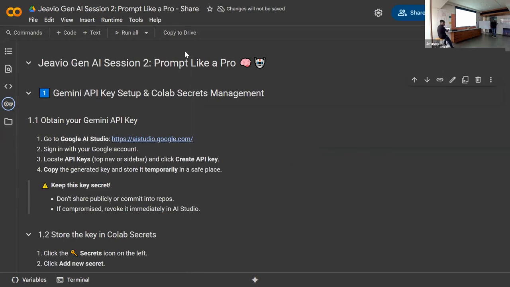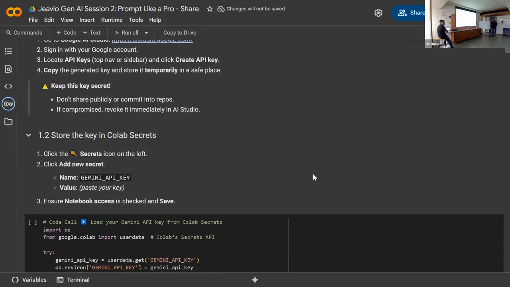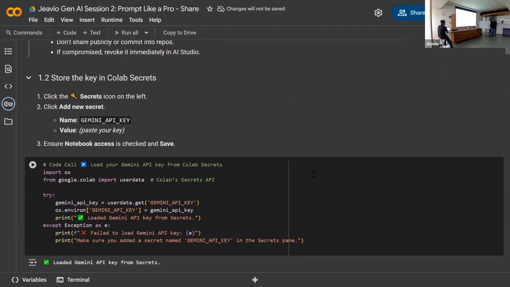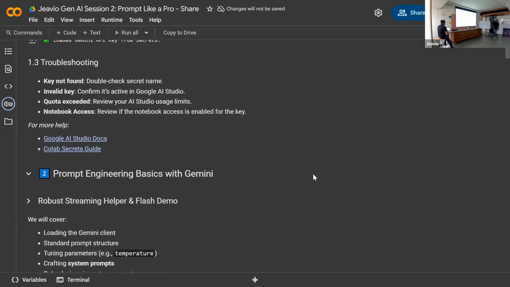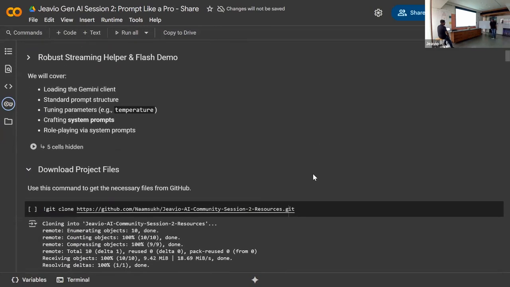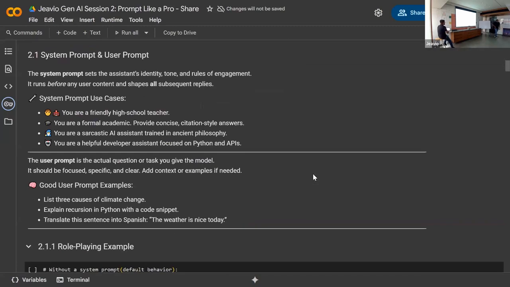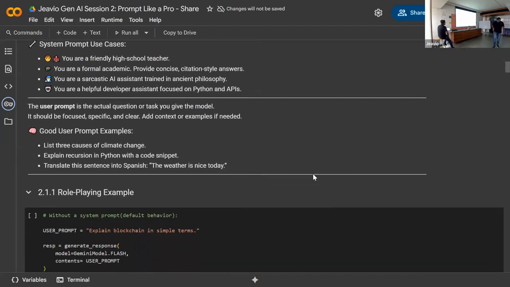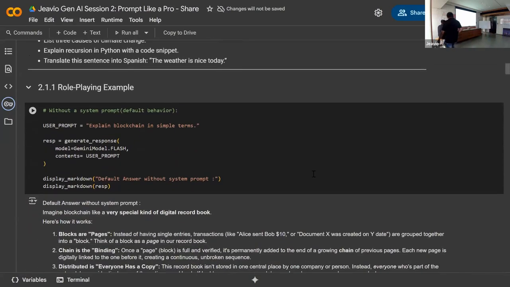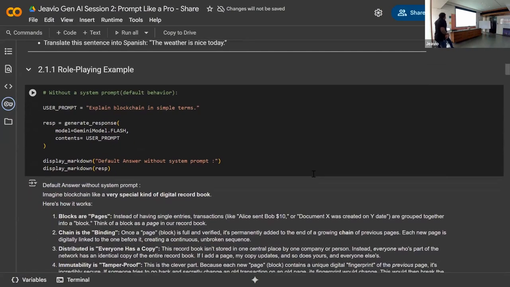I've preloaded some of the cells so that we can get started with the session quickly. There are also some troubleshooting guides if you face any issues. There are also some helper functions added for getting the input text from the files. It will also download two files: one is the article and one is the resume that we'll be using for our examples. You can pre-run all these steps, and we'll start with the demo for few shot and zero shot.